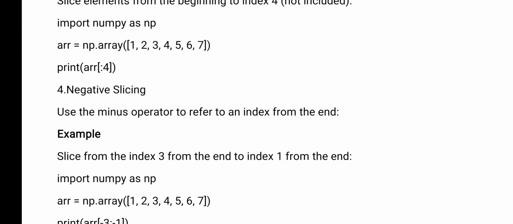If you have 100 elements, instead of giving from 0 to 90, you can directly give from the ending. When you are giving an ending, what extra information do you have to add? You need to add one minus operator, which describes that you are retrieving an element from the ending, not from the beginning. Okay. So you see the example.